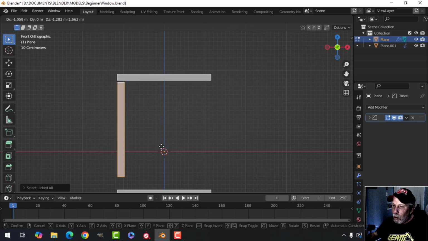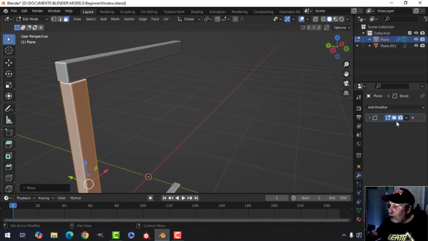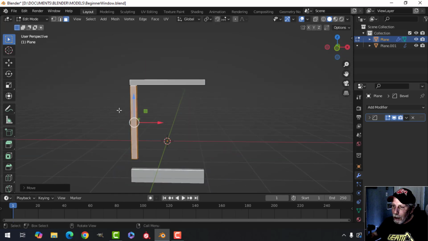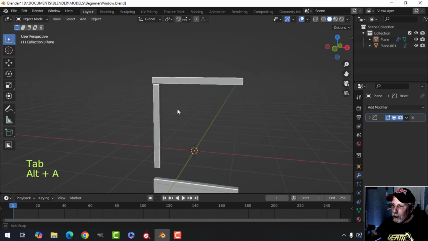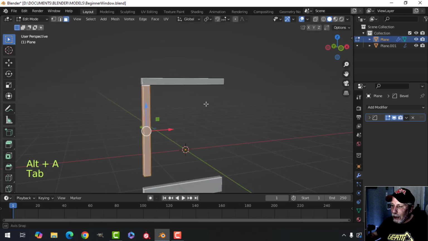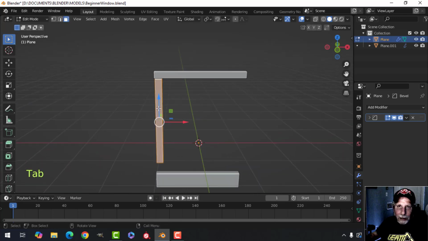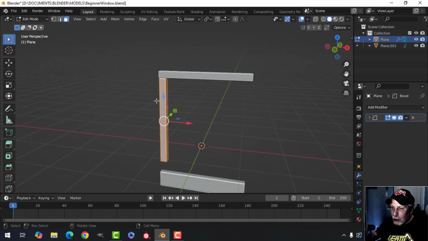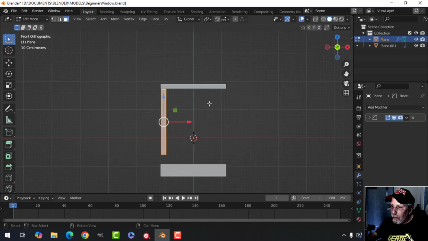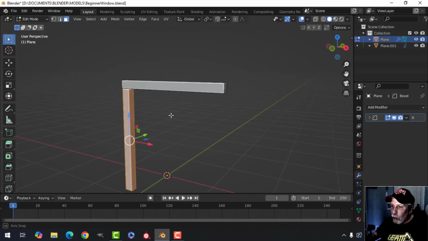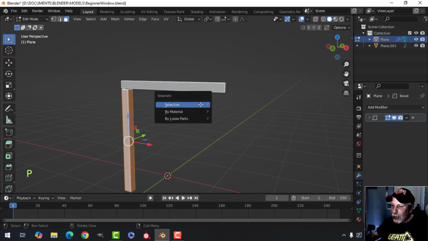And really what I'm going to want to do is position it kind of around here. It still has a bevel on, just like the other one, but it's part of this object. If I go out, see, it's still part of it. So I'm going to go back into edit mode, and I'd like this to be an individual object because I'm going to mirror this to the other side in a moment, and I don't want to mirror this piece as well. So to separate it, with it all selected, press P,